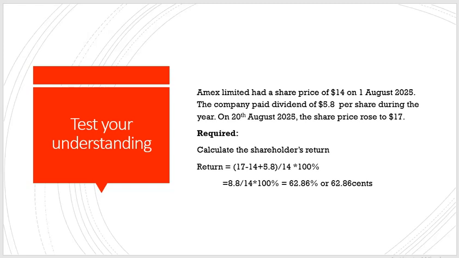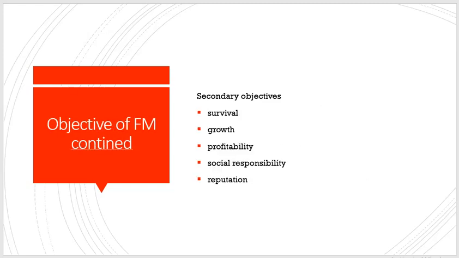Do you have a question on shareholders' worth? No, I have understood. Okay. So I've said the primary objective is to maximize shareholders' worth, which comes from dividends and share price gains, or capital gains. So what are the other objectives? The secondary objectives include survival, for which we ensure that our company is going to survive.